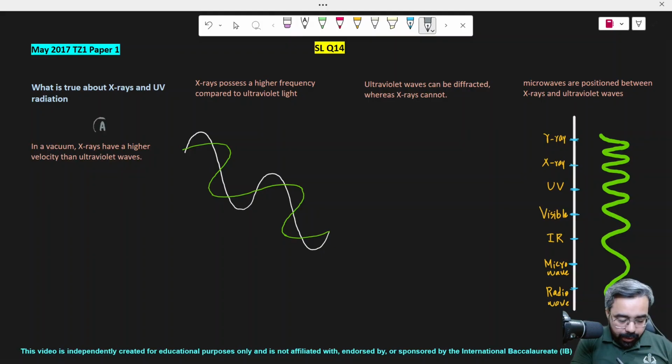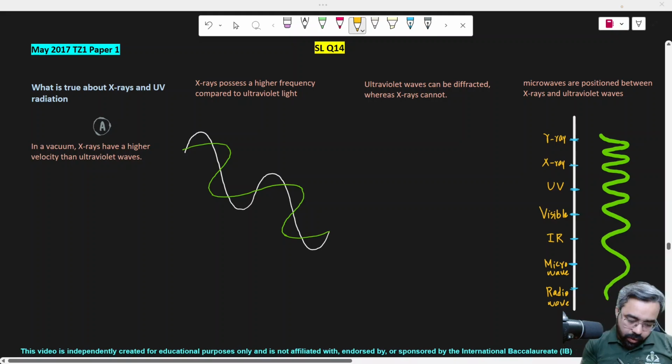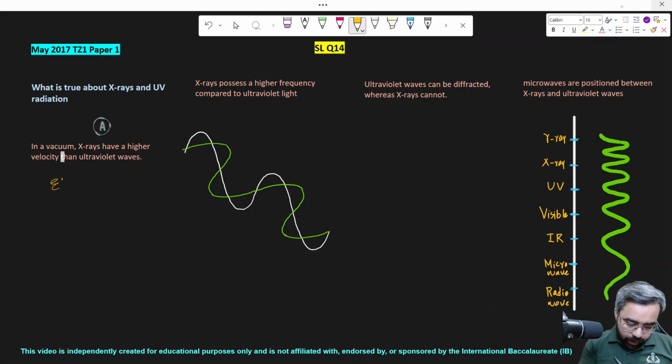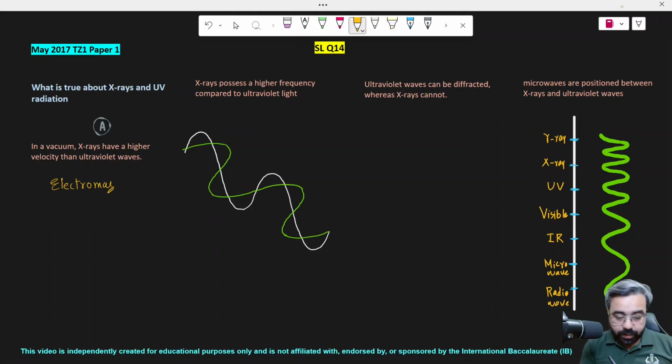So this is your option A, which says that in vacuum, X-rays have a higher velocity than ultraviolet. So first of all, you know that electromagnetic waves can travel in space. So they do not require any medium. And all of the lights, either visible and invisible, they can all travel through the vacuum at the same speed. They differ in frequency, they differ in wavelength and energy if you take a single photon of every light,